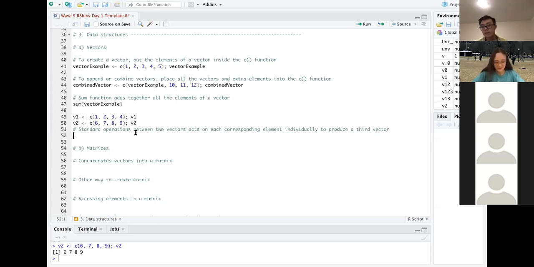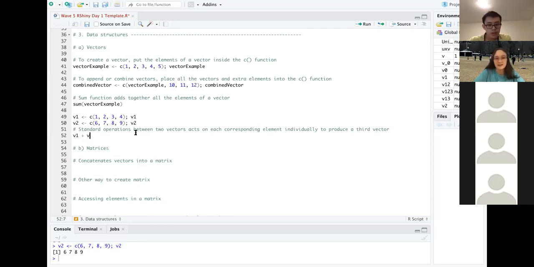So we have these 2 vectors, and what we can do is something called an element-wise or component-wise operation. Each element of a vector, each thing in a vector, can also be called a component in math terms. And so when we call our standard arithmetic operations, they're going to act component-wise. So what do I mean by that?